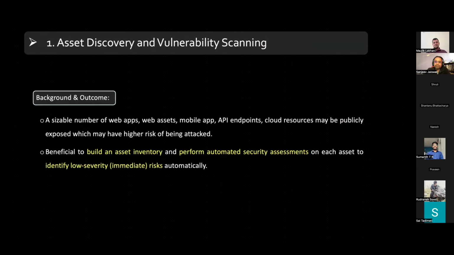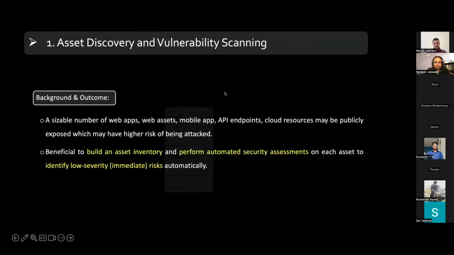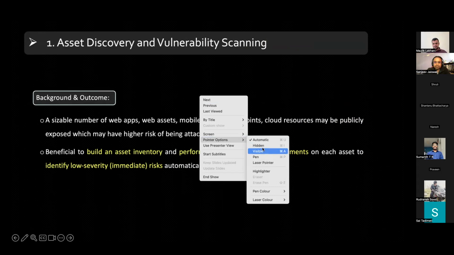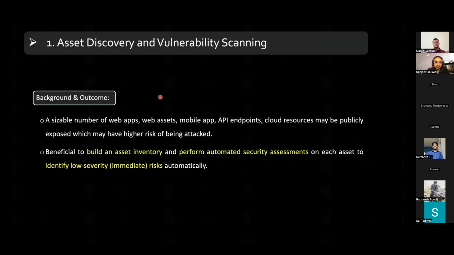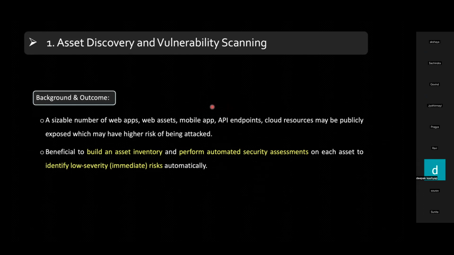As I mentioned, when you start doing product security for the first time in your organization, which is a very small startup, or a proper startup but without a security team, then the first thing you need to do is asset discovery and vulnerability scanning. You start taking note of how many web applications you have which are exposed to the internet, how many top level domains you have, how many subdomains you have, what your mobile apps are, and where they are hosted. Apart from the official Play Store or App Store, are you publishing the app elsewhere or not?